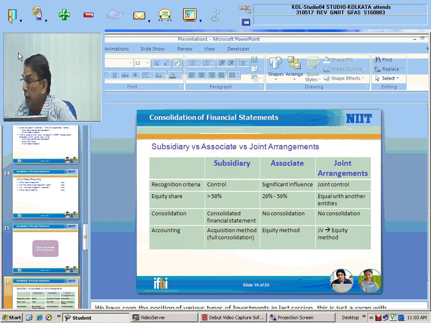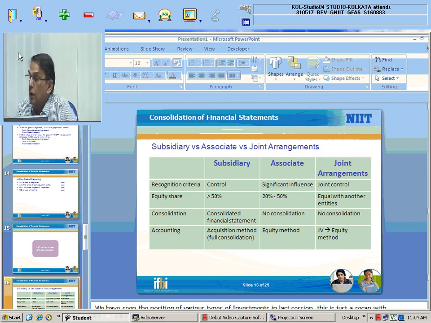So, subsidiary versus associate versus joint arrangement. Let's look at a comparison of subsidiary versus associate versus joint arrangements. The recognition criterion for a subsidiary is control, for an associate it is significant influence, and for joint arrangements it is joint control. That means control along with another entity. In case of a subsidiary, normally the control is exercised by ownership of more than 50% of the voting shares. For an associate, significant influence is normally achieved through ownership of 20 to 50% of the shares of the associate company. In case of joint arrangements or joint control, equal